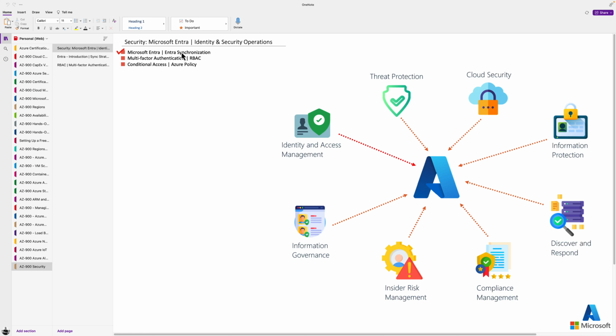And obviously, I will explain why Microsoft Entra is needed nowadays and how Entra synchronization works in the real world. You need to understand the whole picture, why you need to think about it, why you need it in today's world. And once we understand that, we start implementing security solutions with the help of Microsoft Entra. The very first thing is multi-factor authentication, which can actually help your identities